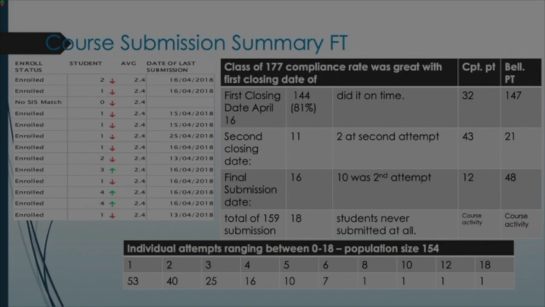And I think here, for me, it really showed that 144 out of the 177 were really good compliant students that made the first deadline date. And I thought that was pretty phenomenal. At the second part, I had 11 students. But within the 11, there was also somebody that had a high plagiarism percentage that went to try and fix the assignment again. Equally so in the last submission date, I had 16, and also the overlap of somebody that at that particular point wanted to improve their assignment and so on.